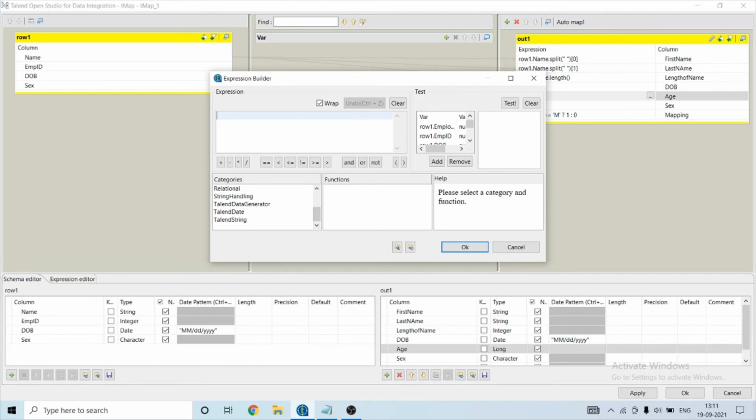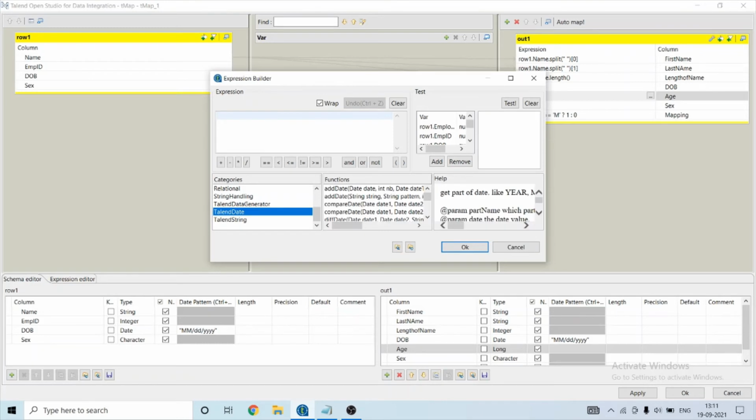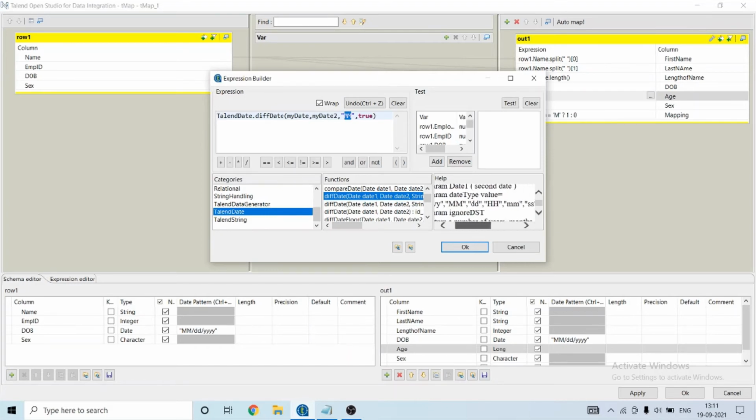That is its age. So for that I'm going to use the Talend date category and use the component tDiffDate. It takes the first date as a parameter, and I want its output in the form of year. So I want the age, so it will be in the form of year.